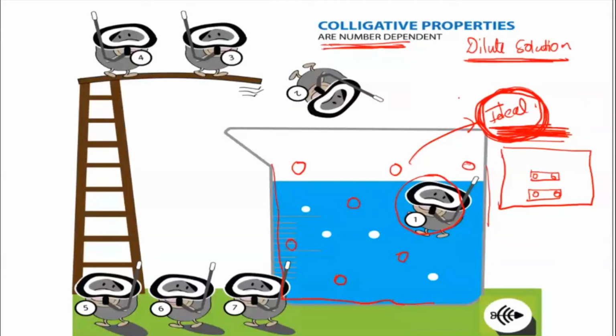What is colligative property? Colligative property means a property which depends on the number of solute particles, and doesn't depend on their nature. And one more thing I said is that it is applicable for dilute solutions. Why applicable for dilute solutions? Because in the dilute solution, the particles are very far from one another. So when they are far from one another, interaction is not that much. When the interaction is not that much, they behave almost like an ideal solution. Then we can calculate whatever we are supposed to calculate over here.